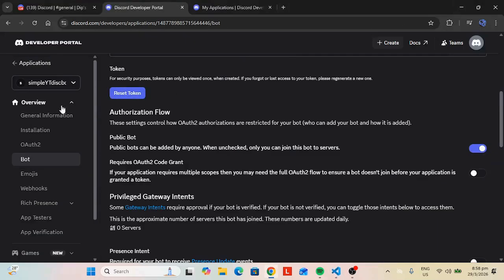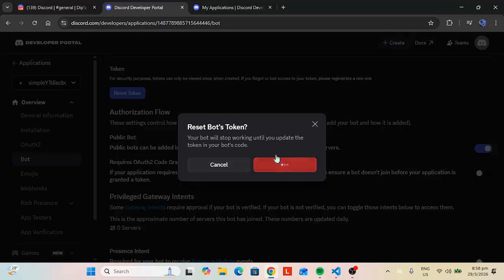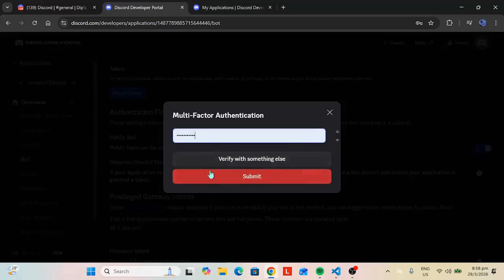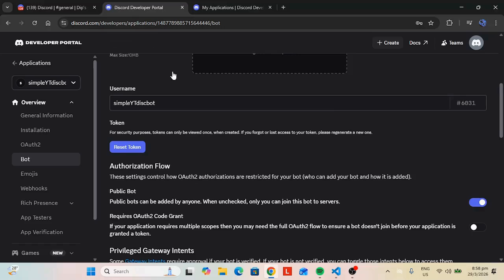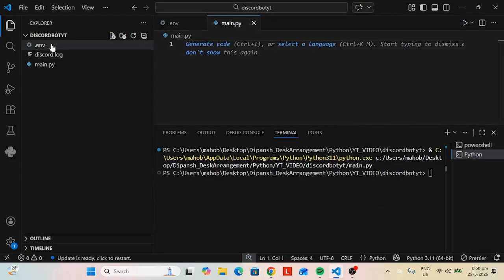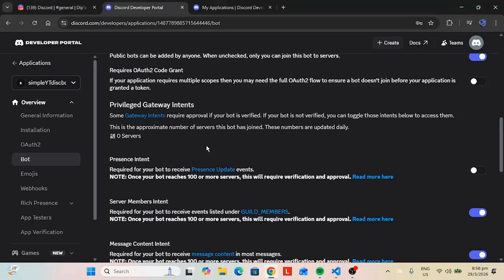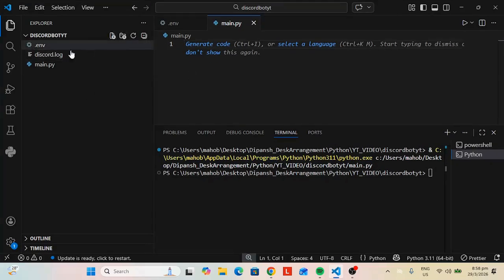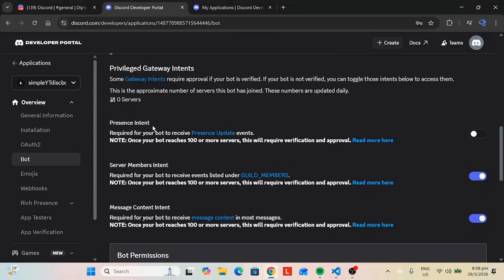So how to get the token? As I said, go into bot and click on reset token. Click on yes, do it, enter your password and click on submit. After you click on submit, your token will come up. Copy it, create a .env file and put it inside the .env file. I'm not going to be showing you my token for obvious reasons. But after you create your main .env file, the next thing that you can do is go into privileged gateway